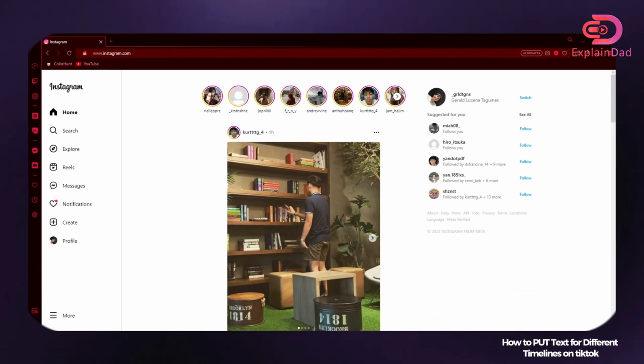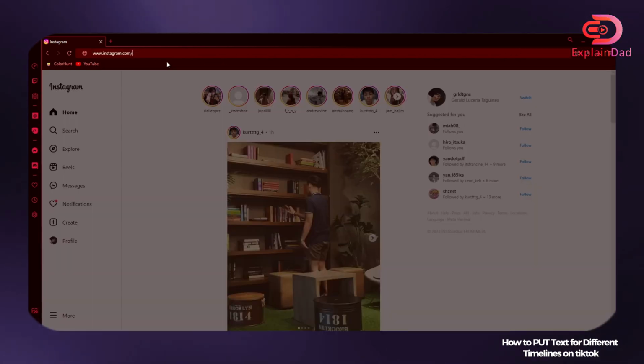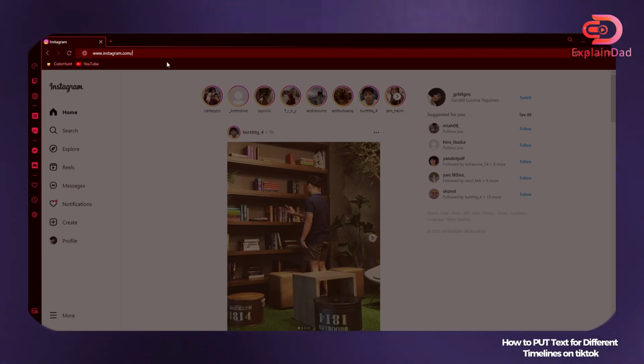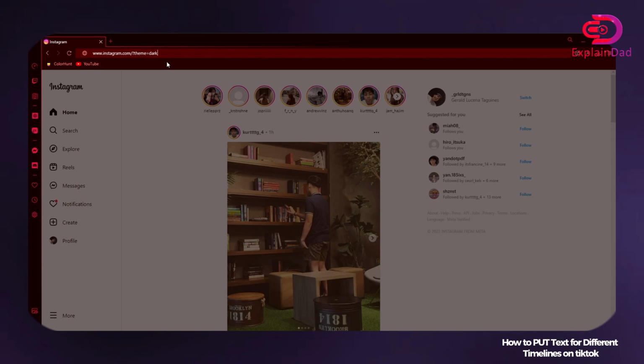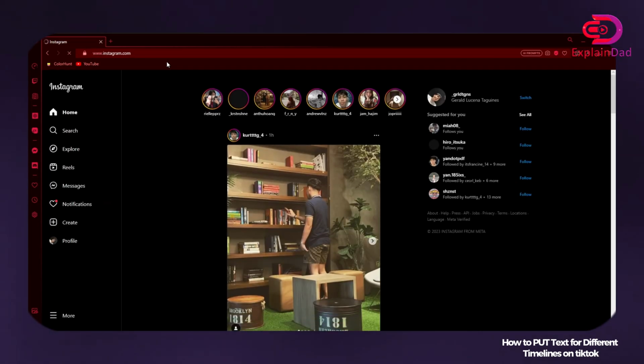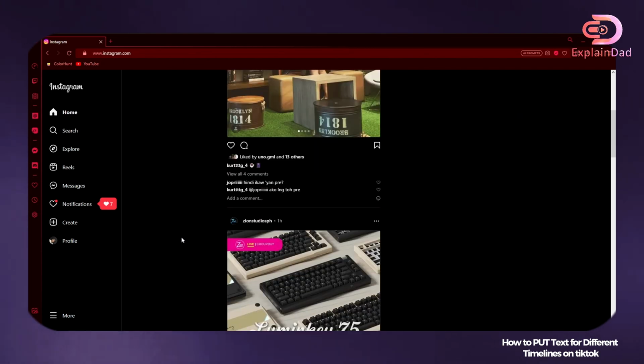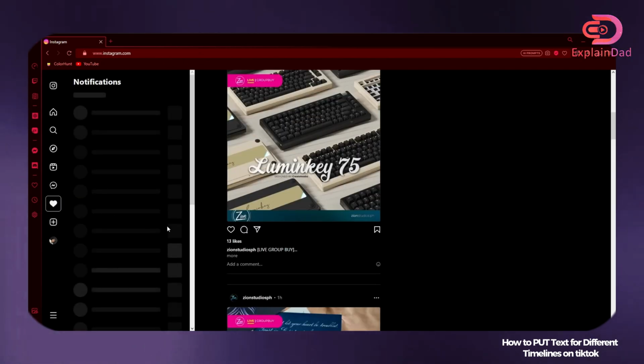Let's get started. For Instagram on PC, go onto your browser and type instagram.com. Then head to the search bar again and type, not the parentheses, but slash, question mark, and type theme equals dark. That should be it. That's how easy it is to enable dark mode on your Instagram account on